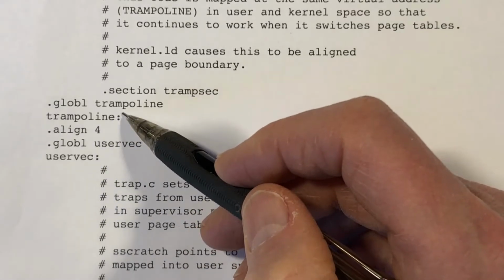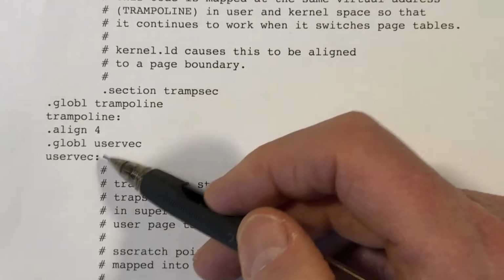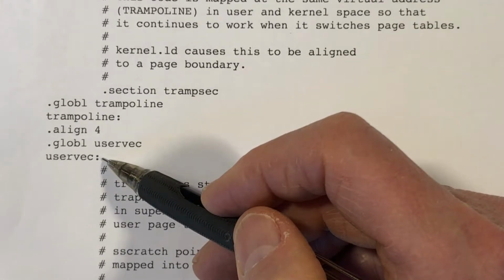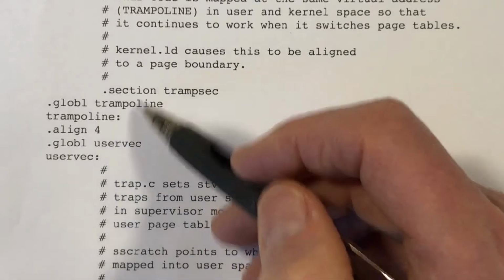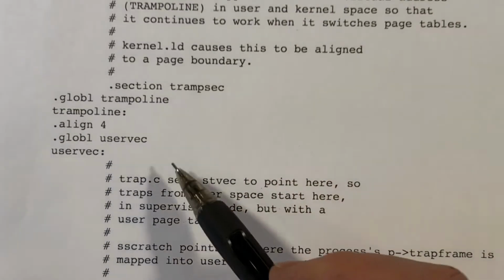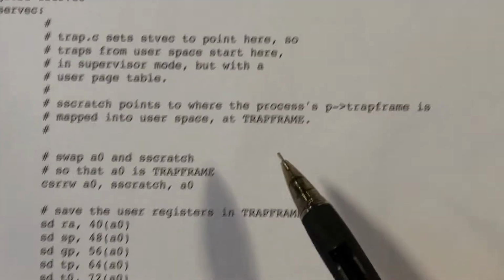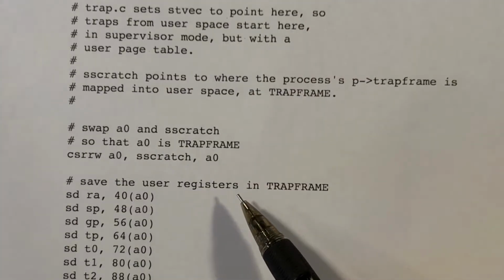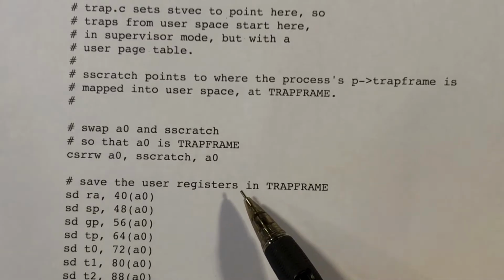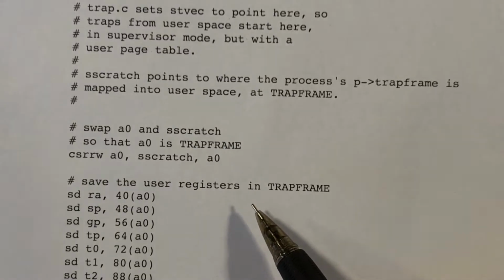This is the start of the page in physical memory. This is the start of this particular routine within that page. And we export these two labels with the global directive. Okay, we've got to save the registers initially. We could ask what's happening and what is true while the user code is executing. And one thing that's true